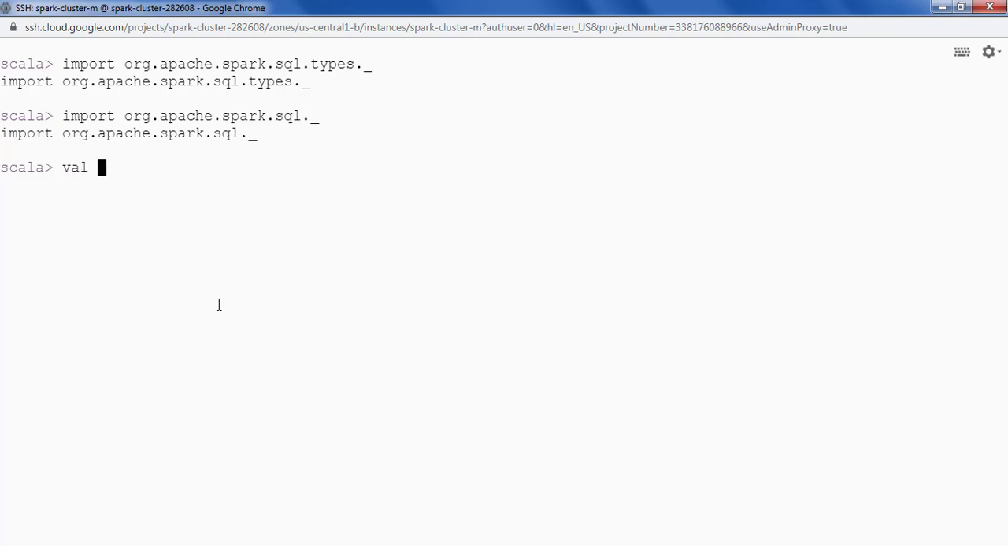Well, my schema, simply a variable, is equal to StructType. For StructType we have to provide a collection here. So I'll be passing an array here, and inside this collection I have to provide an object of type StructField, one StructField for each of the columns. We have 3 columns in our data, so we will be providing 3 StructFields. Let's see that. First one,